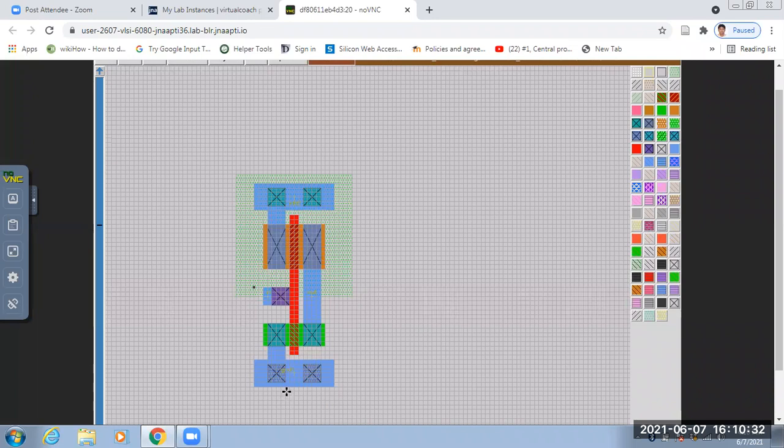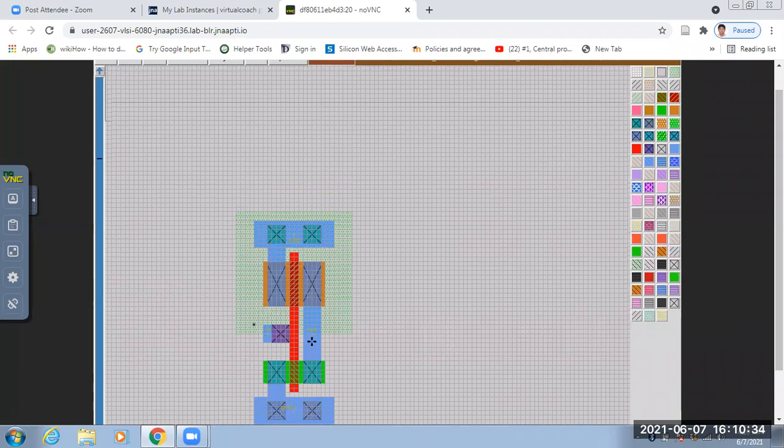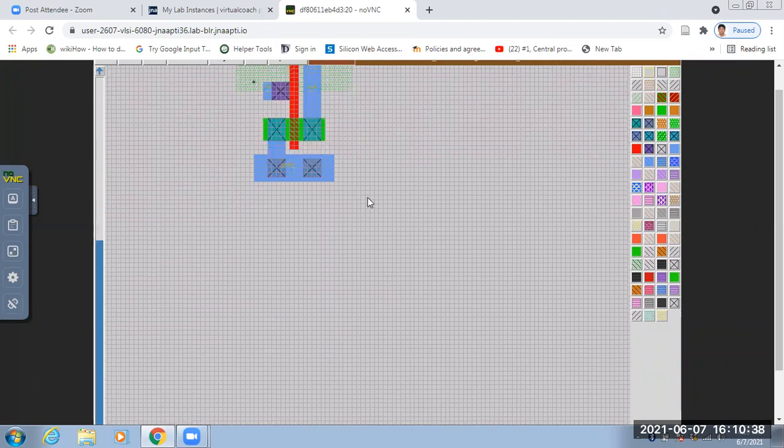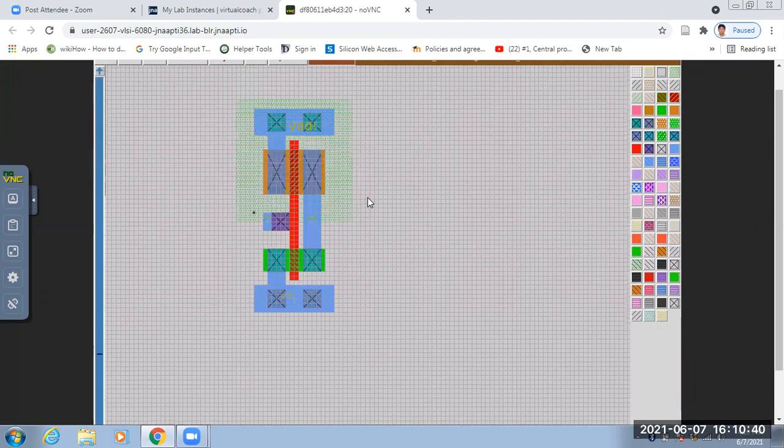Then, why I'm doing this is because for standards you have to work with minimum area. Okay. So this is the standard height for this 2 micron PMOS and 1 micron NMOS. This will be the height. So in this height you have to do your other gates also. So that's why I have drawn this.